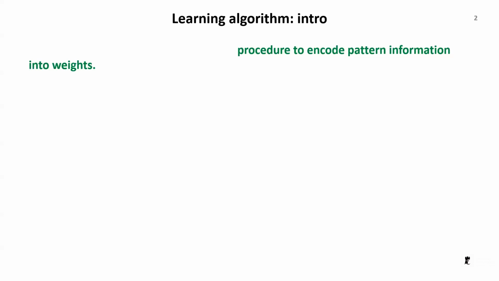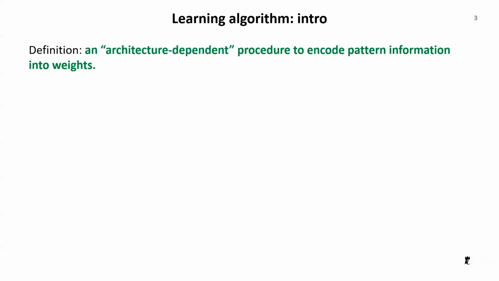Basically, this is an algorithm or a procedure that will encode our observation points in terms of weights, right? What we want to do is, we have so many different observations. Remember our weather forecasting problem. We have many observations and our output, which is sunny or rain. Instead of those points, we want a neural network that is defined in terms of the weights.